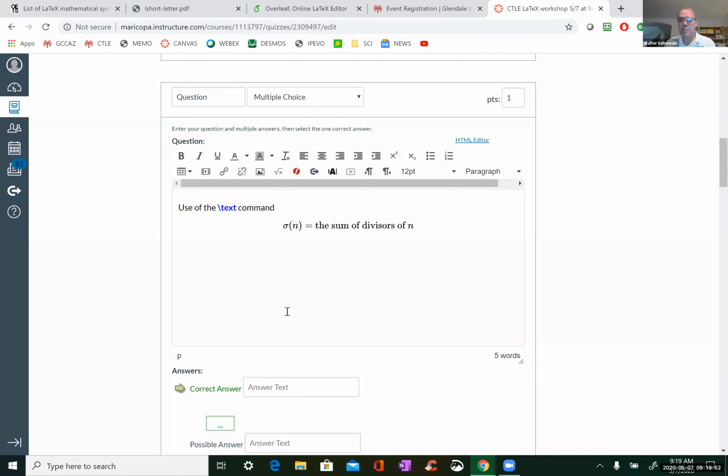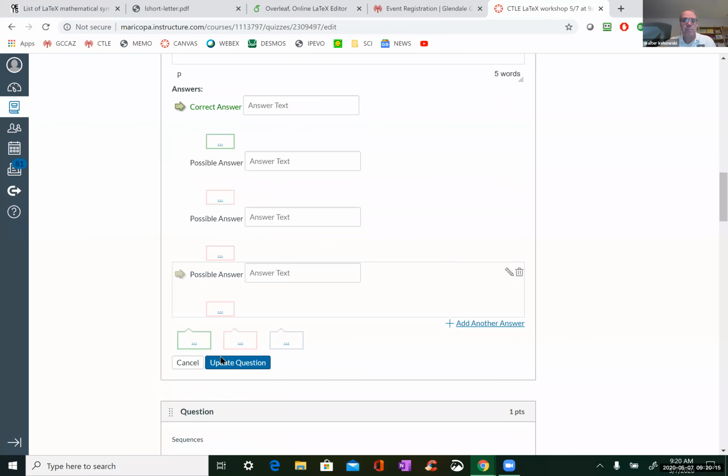Okay, the text command is very useful for this kind of definition. Otherwise, it would look very poorly. If you didn't use text, it would just look plain bad, unacceptable. There's a text command, very valuable for this kind of construction, okay?